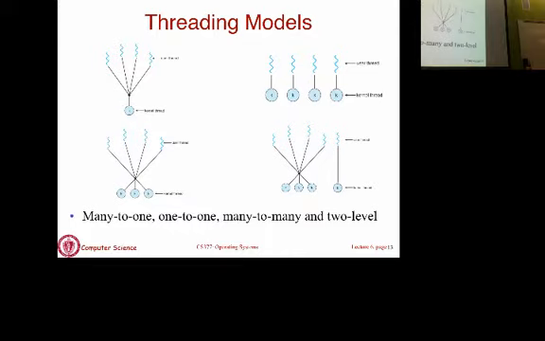The kernel is only aware of the process and one thread within that process. That's a traditional single threaded process. And within the process, you have multiple user level threads. So you schedule the process, and the user level threads library schedules the thread within the process. Okay? All kernel level threads packages map onto this model.